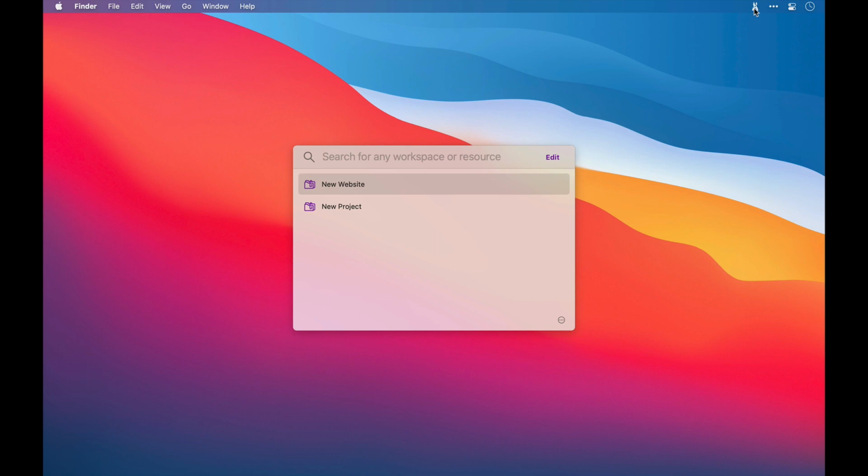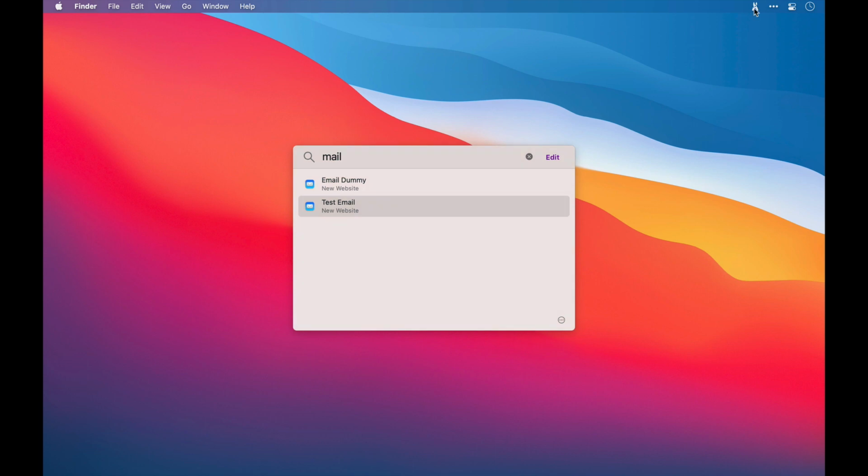If you've got a lot of workspaces listed, you may need to do a search for the one that you're after. Alternatively, you can just search for a resource. And to do this, you need to search for the names of them, not their file paths or any kind of metadata, but the names that you have manually given them. So if I type mail, I can see two results here. The top one is the email template that I can send out, and the bottom one being the email printout that we added in earlier.